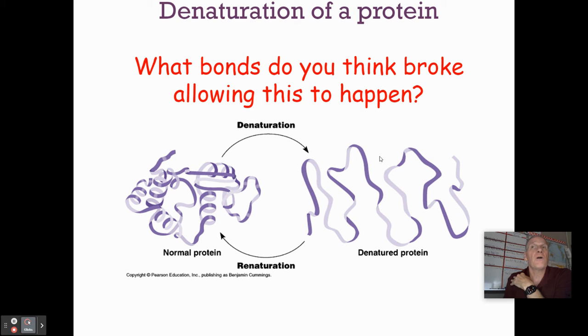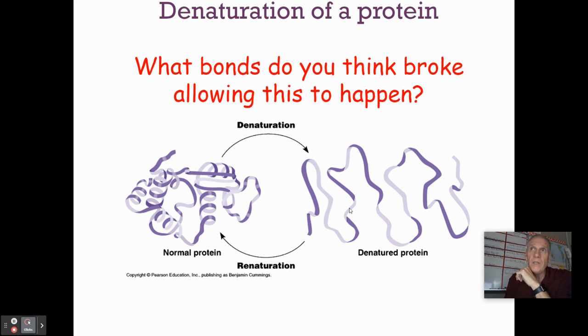All right, so what can happen to a protein? Proteins, especially enzymes, work in a very narrow range of environmental conditions. They work in a narrow range of temperatures. They work in a narrow range of pHs. They work in a narrow range of salt concentrations, and so on and so on. And if you change those too much, that protein is going to unfold. And when it does that, we say the protein has been denatured.